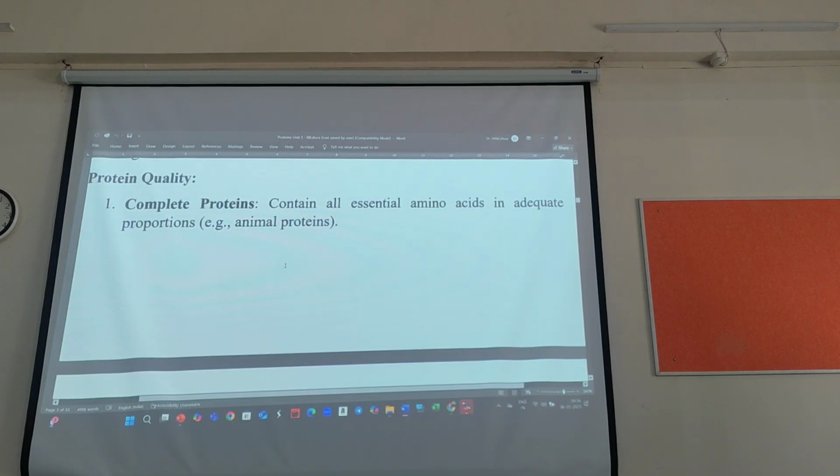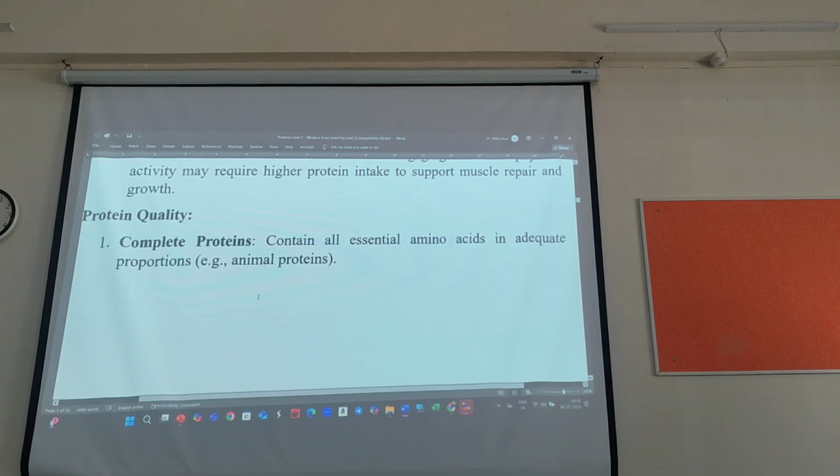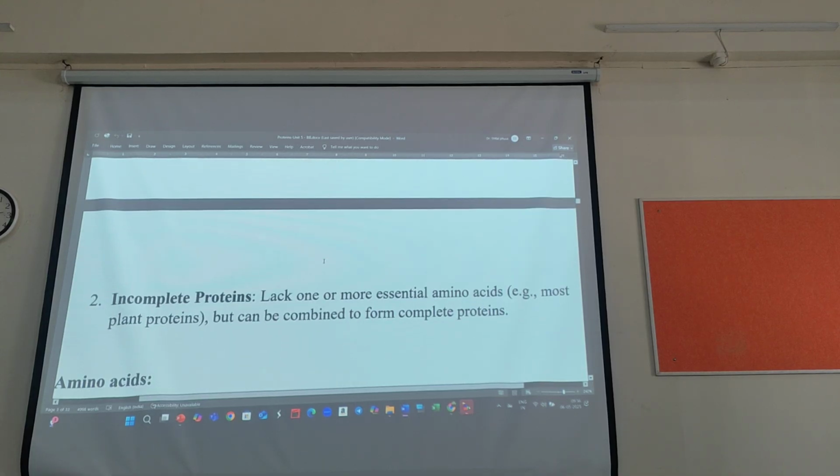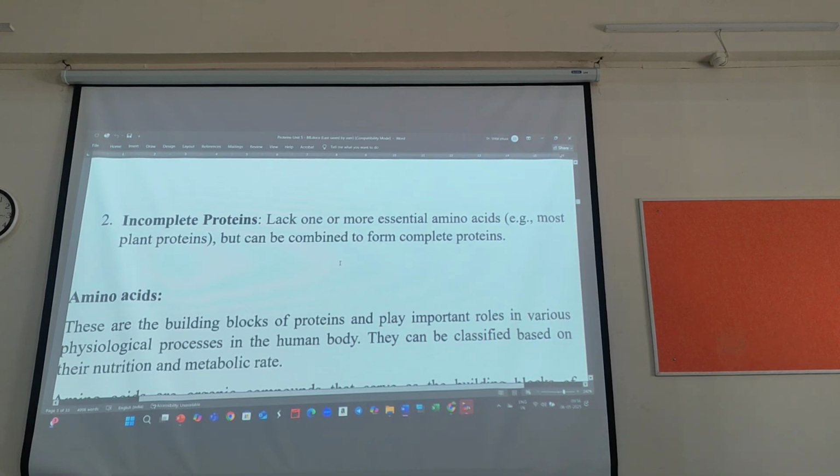So protein quality: complete proteins and incomplete proteins are there. Complete protein contains all the essential amino acids in adequate proportion, for example animal proteins. And incomplete proteins lack one or more essential amino acids. For example,